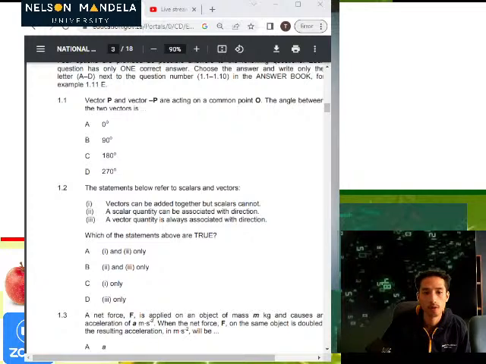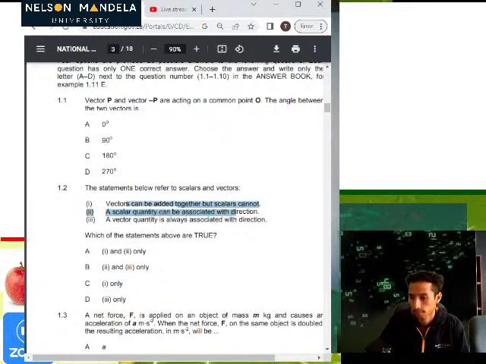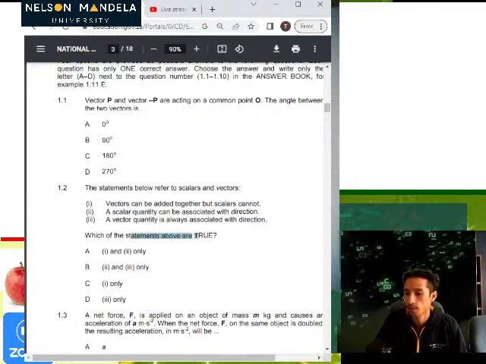Alright, the second part says that the statement below refers to scalars and vectors. The question says the statement below refers to scalars and vectors, and now it gives us possible options, options 1, 2, and 3 in Roman numerals. Vectors can be added together, but scalars cannot. Now we have to determine which of these statements are true,